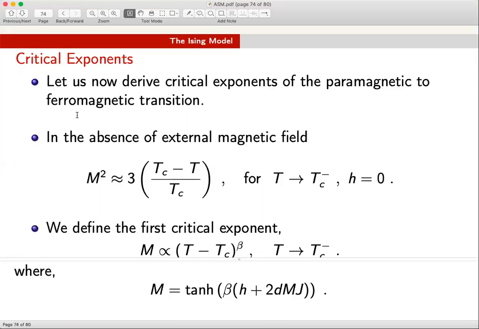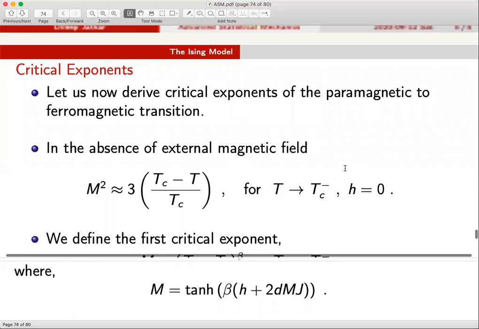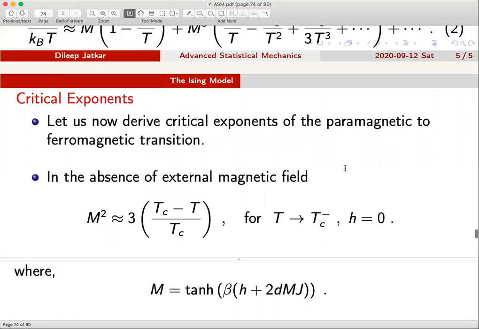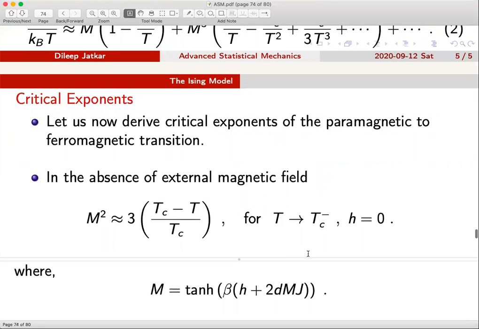Okay, then for that you would have another kind of variable that you would want to study. Okay, in our case, of course, we are going to look at the transition from paramagnetic to ferromagnetic transition. Okay, fine. So if you are looking at a system which is in the absence of external magnetic field,